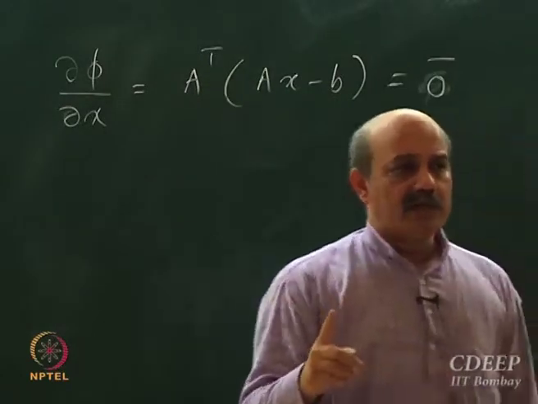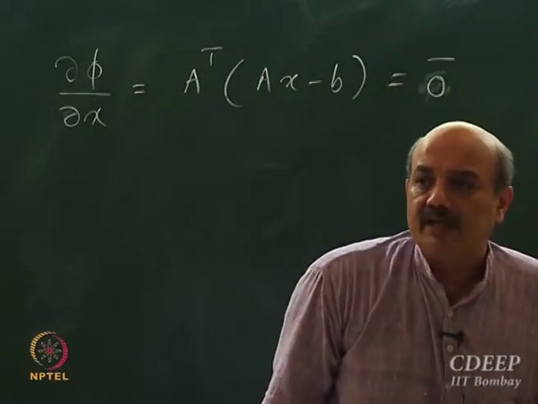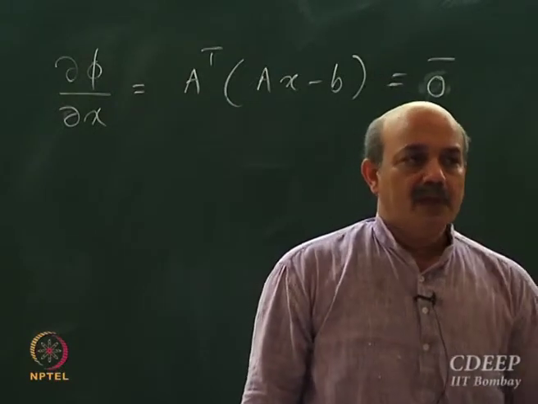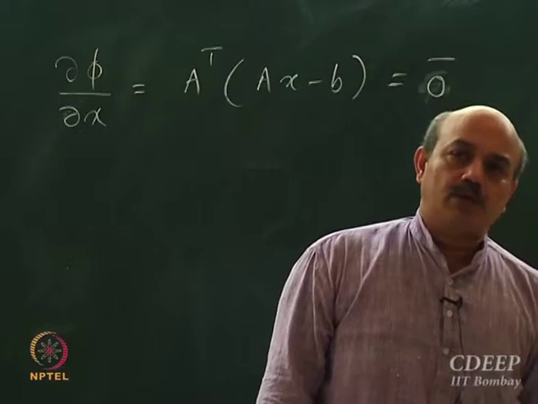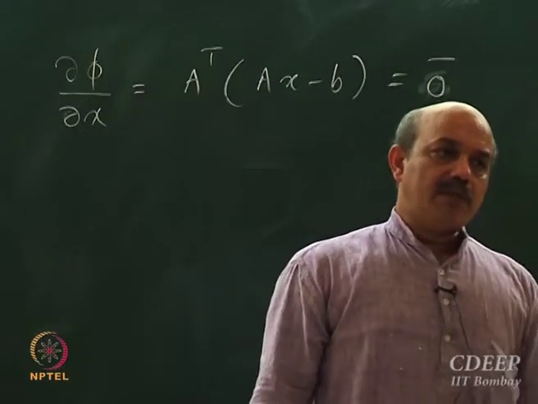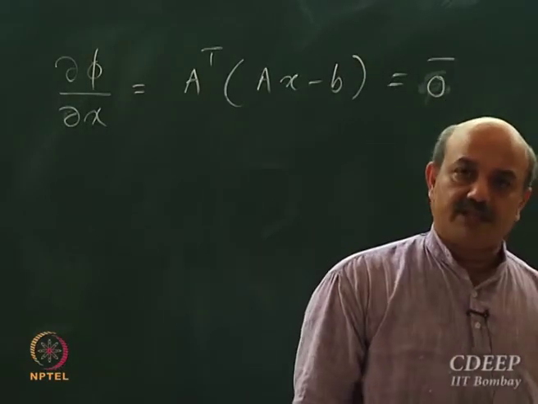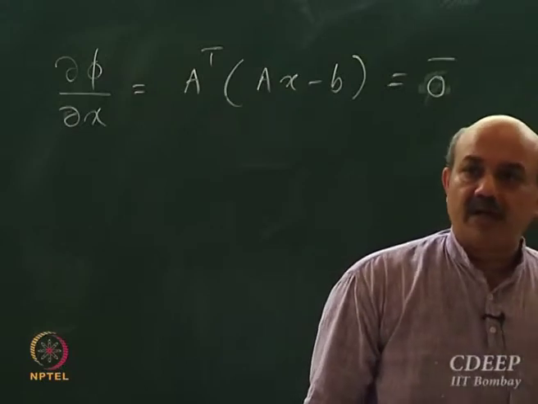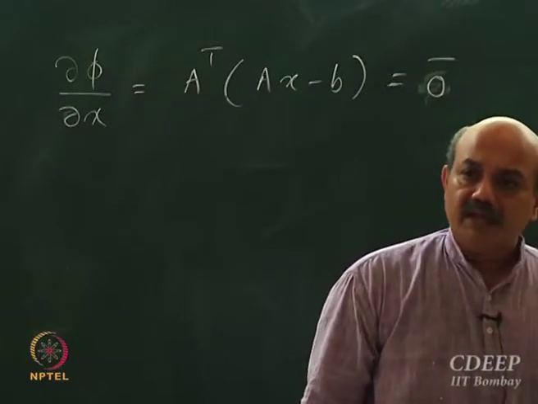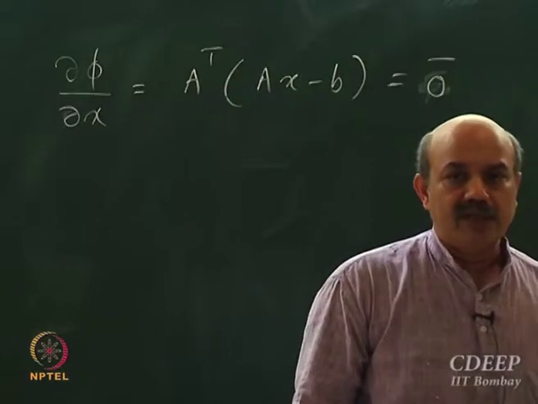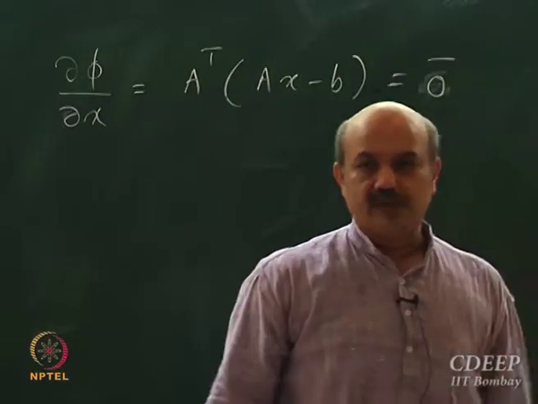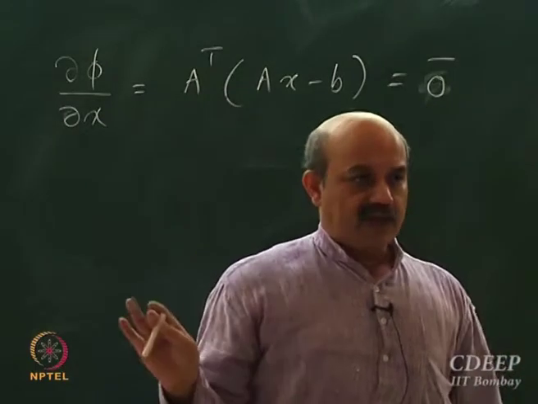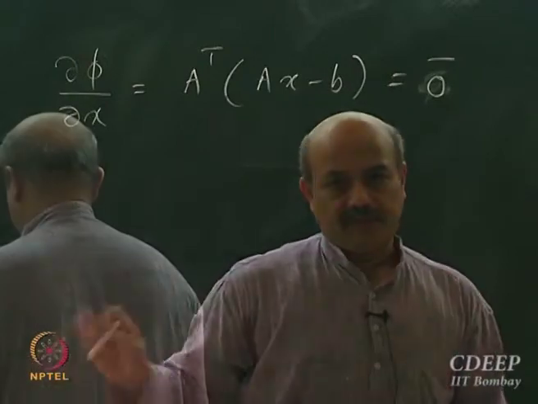Yesterday somebody had a doubt: will the iterative methods that we have looked at give you a local solution or a global solution? Jacobi method, Gauss-Seidel method, relaxation method, if we know that they are converging, they will converge to the global solution. For linear algebraic equations, there is nothing like local and global solution. If they are converging, they will converge to the global solution.